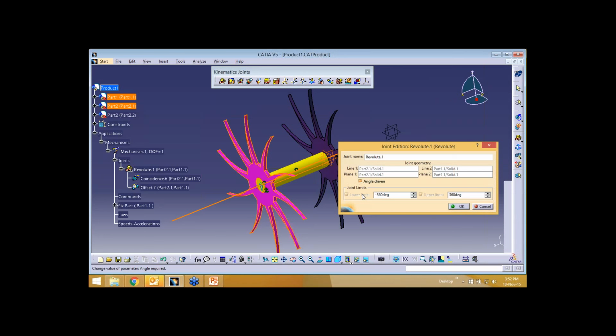I'll say part 1 is going to coincide with part 2. I'll say okay. Now, since this rigid joint has been applied along with a revolute joint, when I move this wheel, you will see it here on demand.